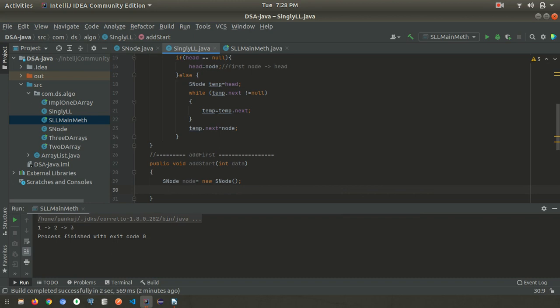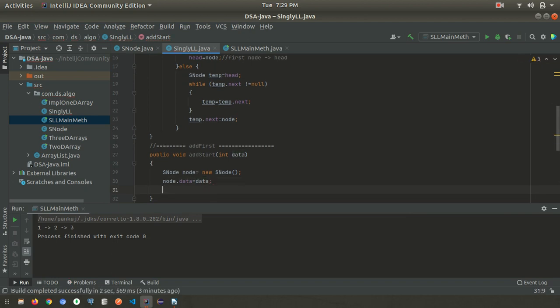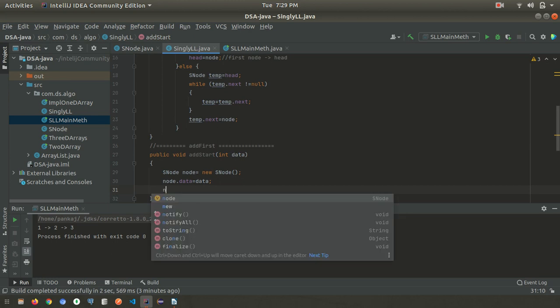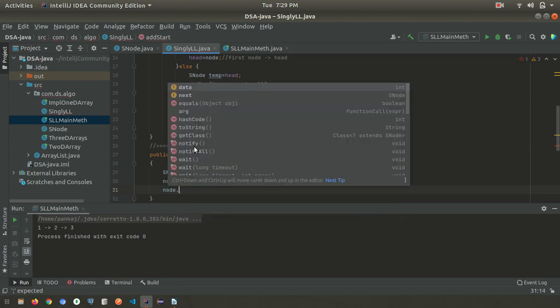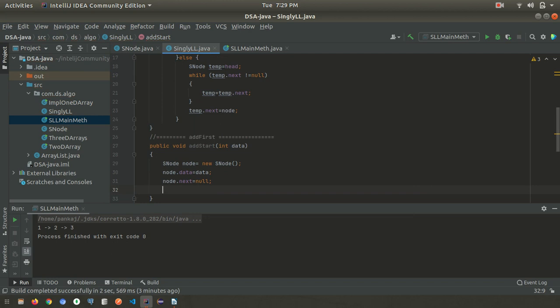We don't want the default data 0, so node dot data equal to this actual data, and node dot next value is nothing, means null. So we need to add this data at first, in the starting.